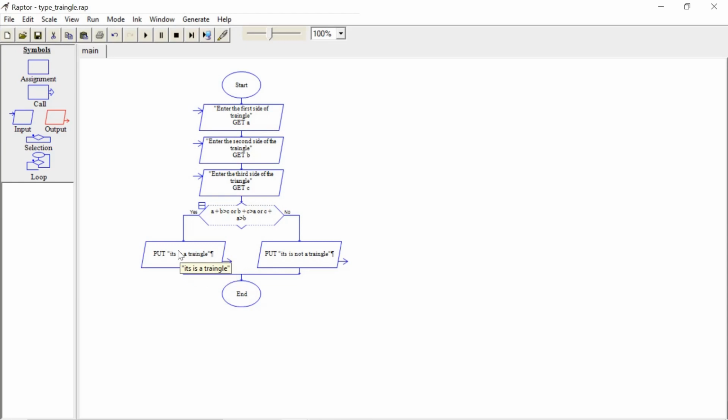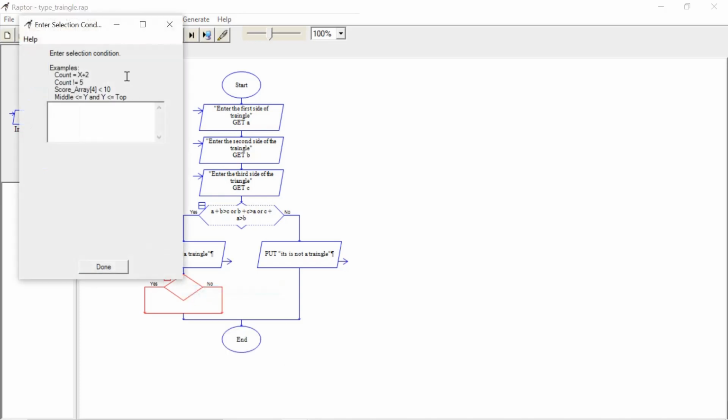If it is a triangle, there are basically three types: scalene, isosceles, and equilateral triangle. So we need to again drag and drop a selection box for defining which type of triangle. Again here we need to write the condition in the selection box. Just right click on edit.